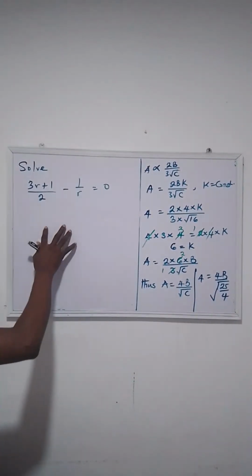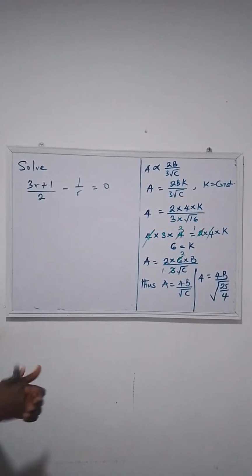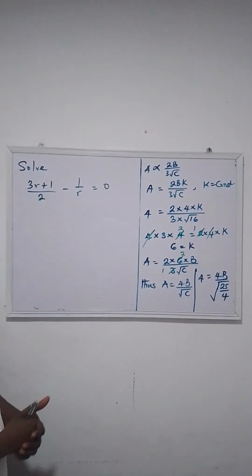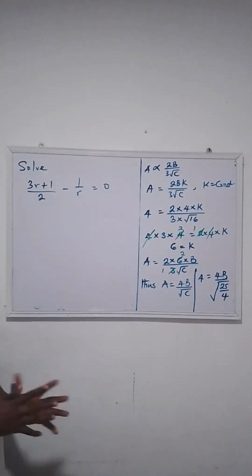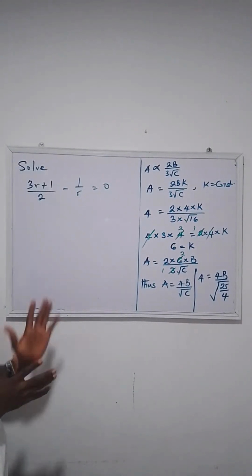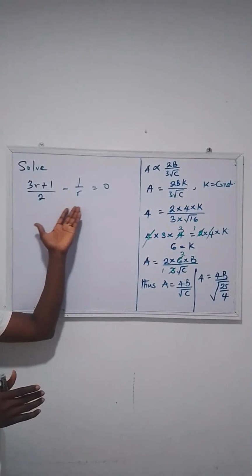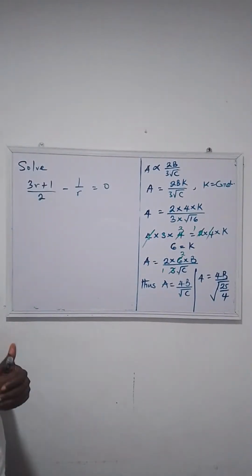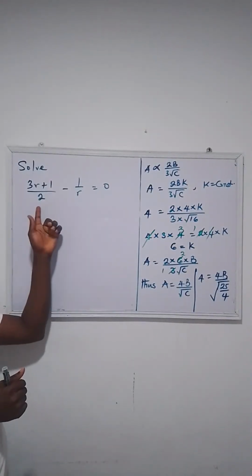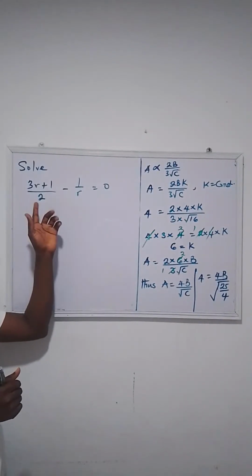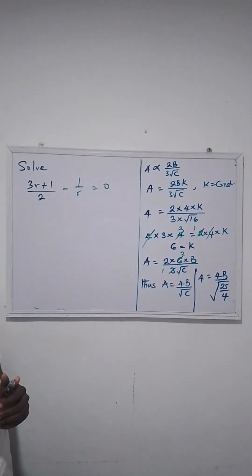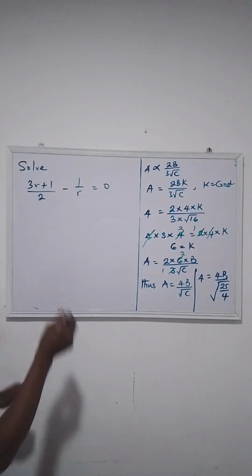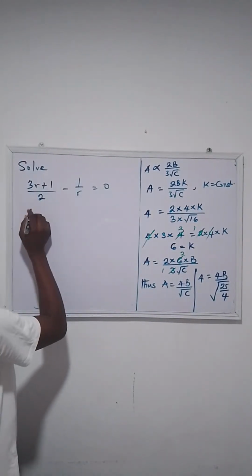All right. So now, how do we solve this problem? Now, the first thing is to look at the denominators. So we have 2, we have r, okay? So we find the LCM of the denominators. So what is the LCM of the denominators? So you have 2r, okay? So now you multiply each of the term by the LCM of the denominators. So I'm multiplying this by 2r, so I have